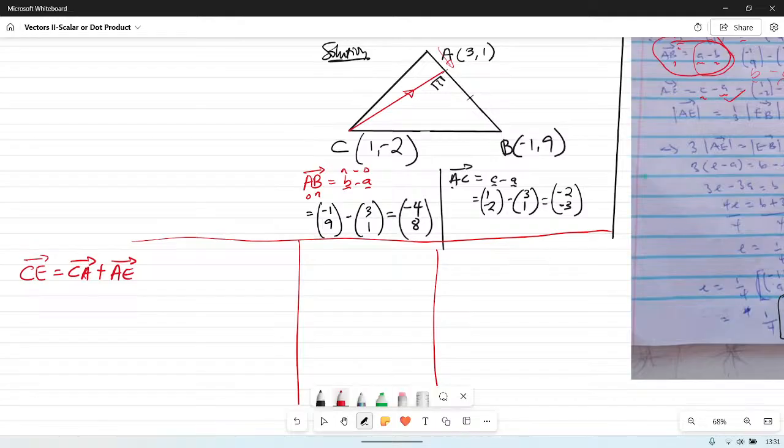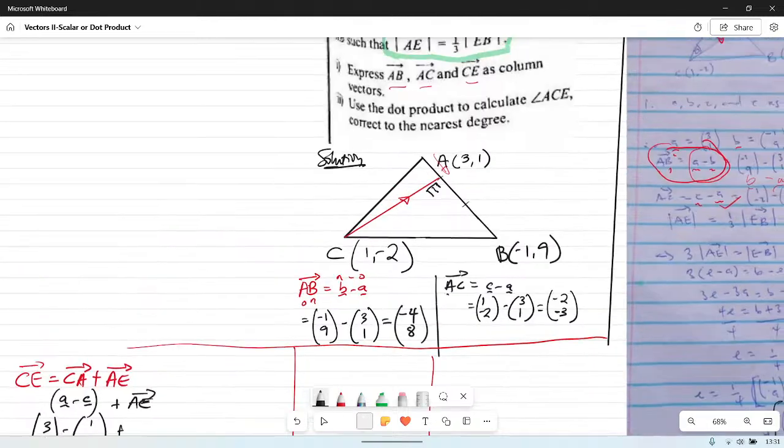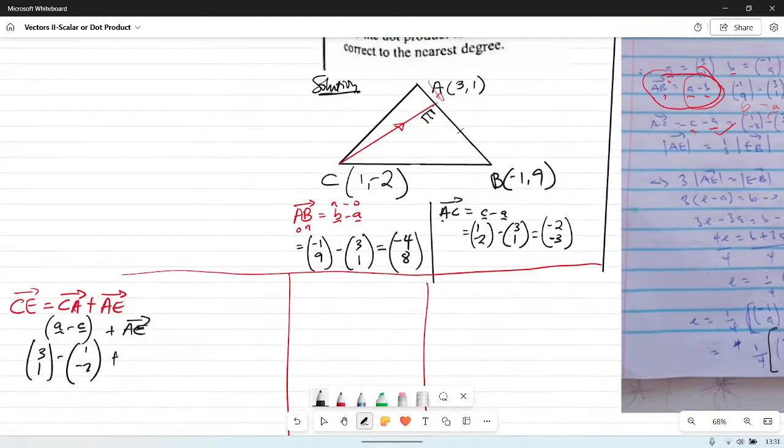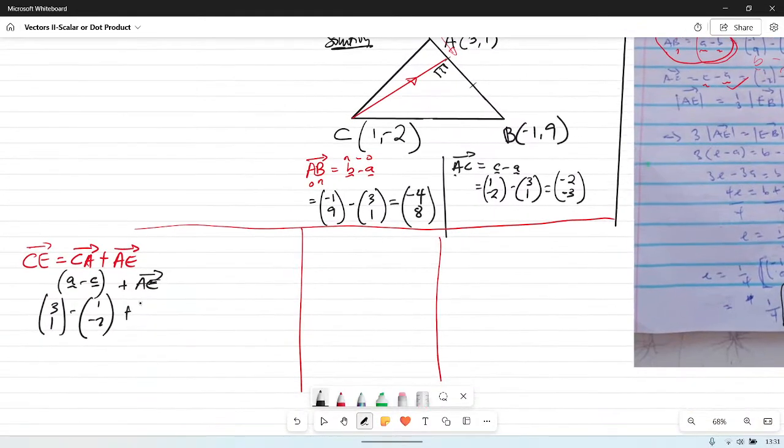Now, I know that my CA is A minus C, right? Which is 3, 1 minus 1, negative 2, plus AE. But the AE, from the question, is one third of EB, right? It's one third of EB,